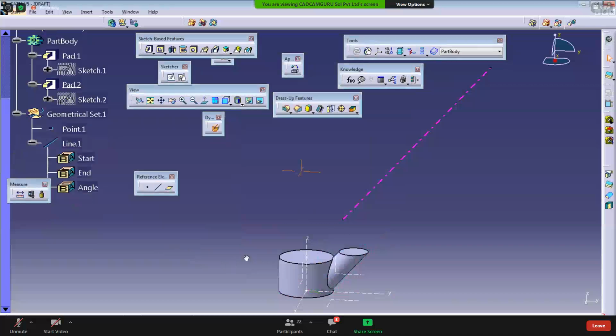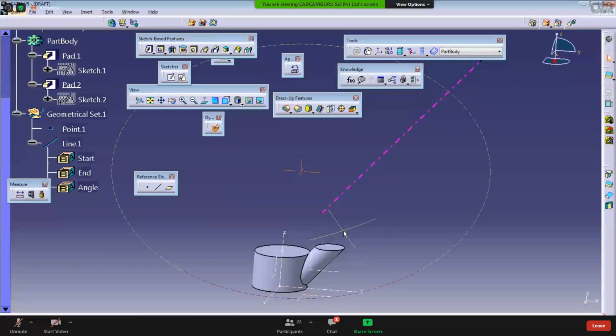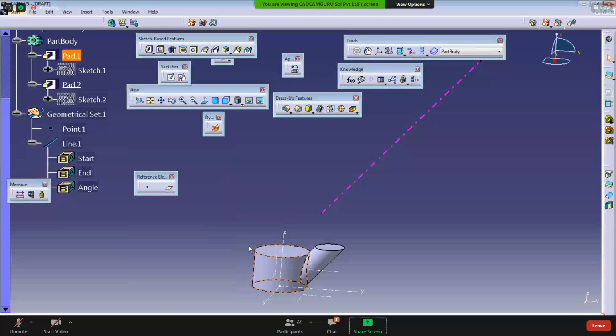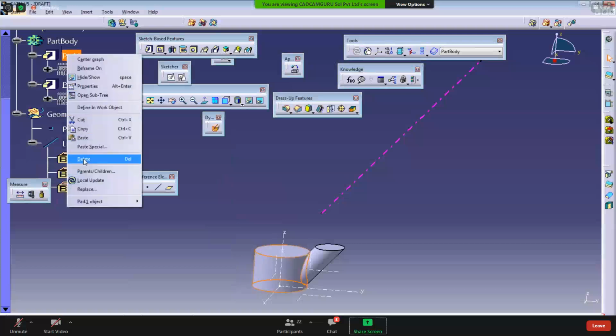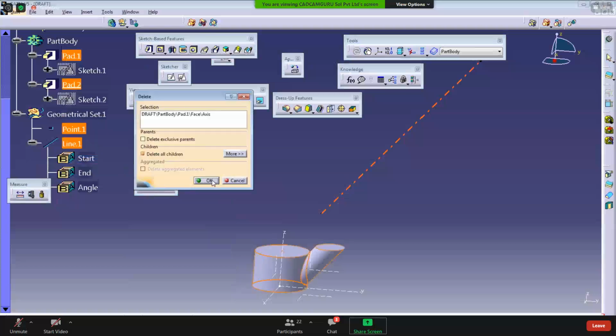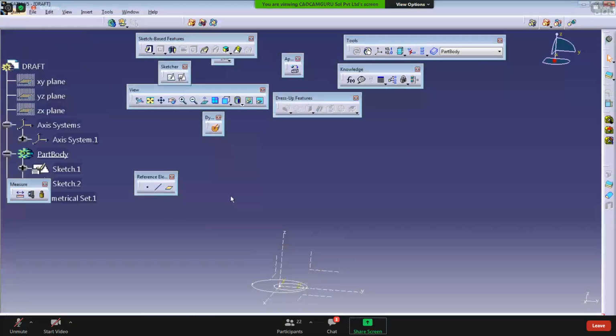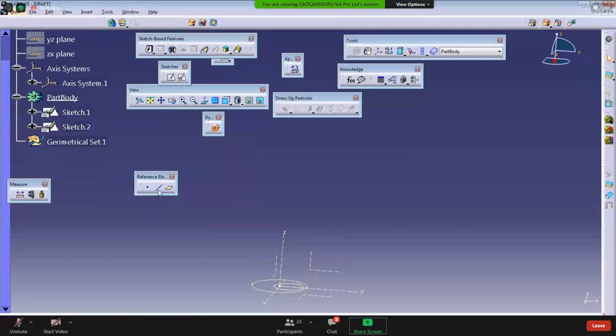So we need to calculate the resultant of two curves. Okay, so one curve is there. Better I just delete this first, otherwise it creates a lot of confusion in your mind. I directly apply an inclined line.